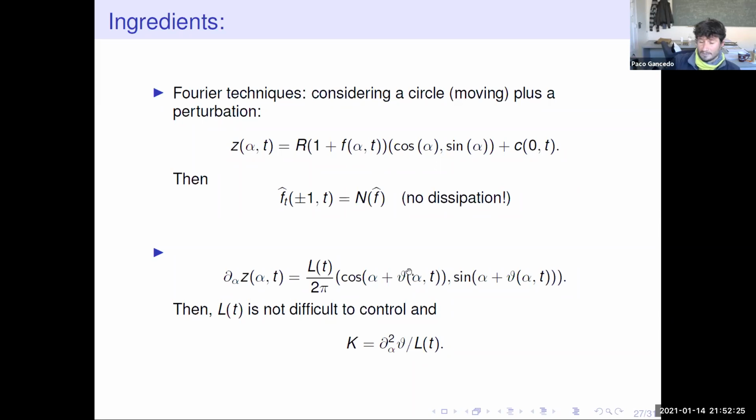Theta gives me the angle. If theta is 0, you have here a circle, okay? The tangential vector of a circle. And then the curvature is going to have this nice structure, and these have been used, okay, by other people doing numerical simulation, also getting local systems and things like that, okay?